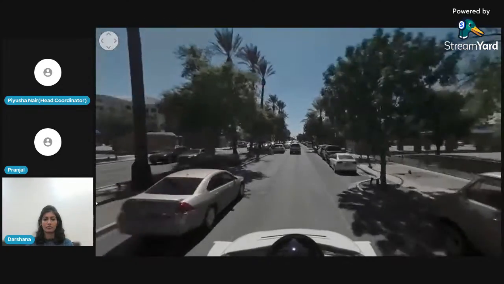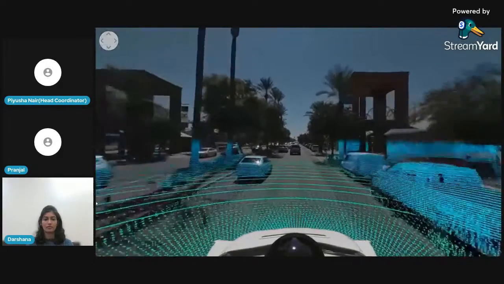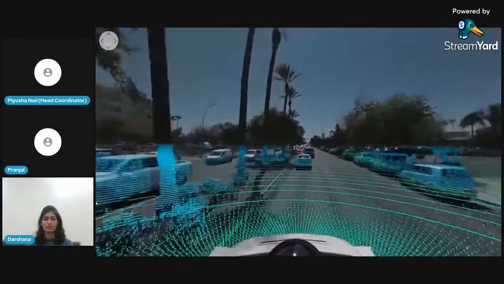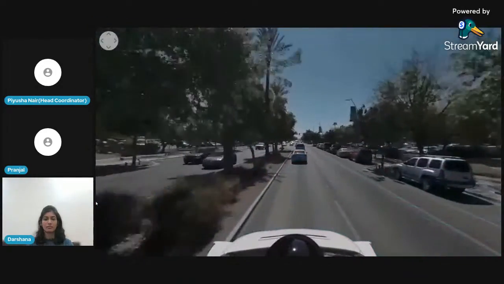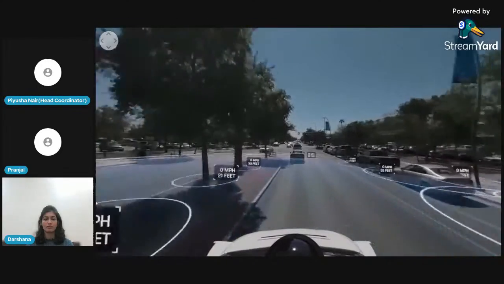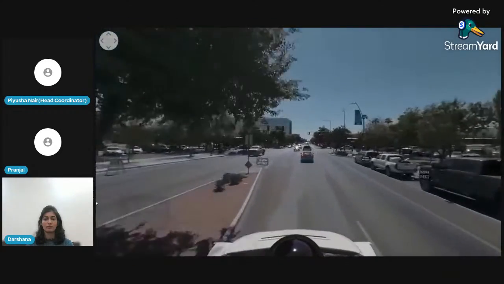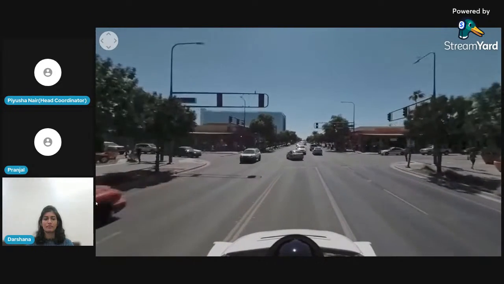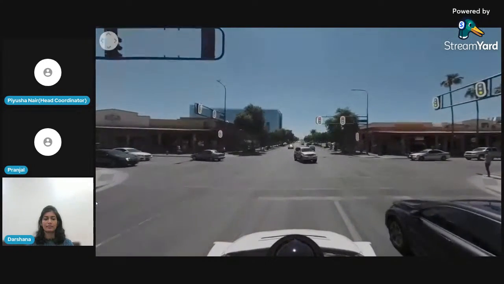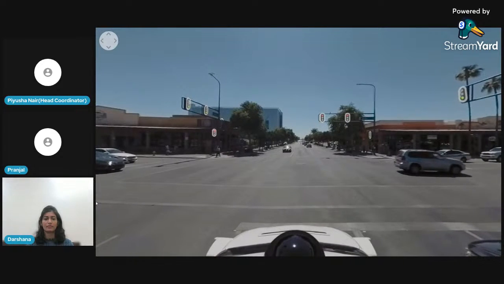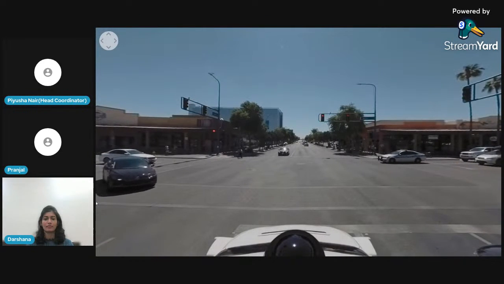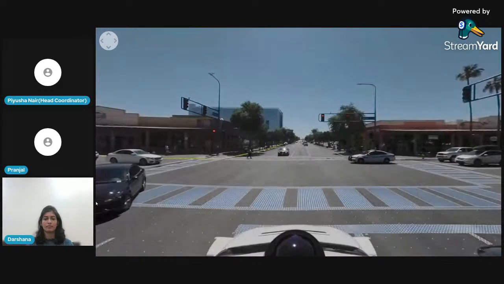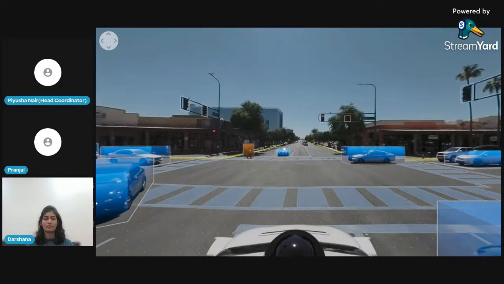As it drives, Waymo uses LiDAR, which sends out millions of laser beams per second to build up a detailed picture of the world all 360 degrees around it. It also uses radar to detect how far away objects are and their speed. And high-resolution cameras detect visual information, like whether a traffic signal is red or green. It then combines all that data to understand the world around it. For example, in this fraction of a second, it knows exactly where it is on the road. It can also identify everything around it in full 360 degrees,